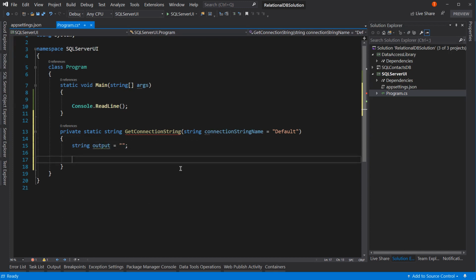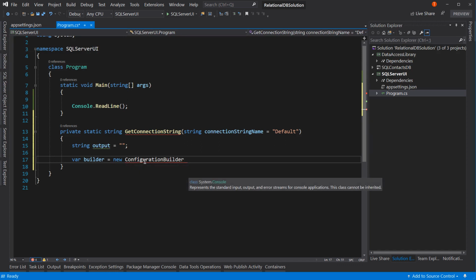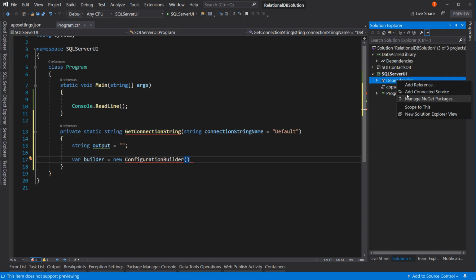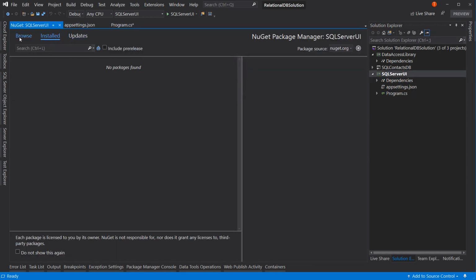All right. Now let's see if we can talk to our appsettings.json. Let's start by creating a connection that will talk to the app settings. It's built in as part of a NuGet package, but it's a typical way of doing this. So we'll say var builder equals new ConfigurationBuilder, which I don't have yet because I have to install a NuGet package. Let's right click on Dependencies and say Manage NuGet Packages. And under Browse, I'm going to search for